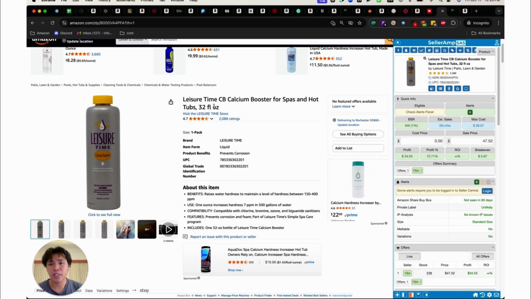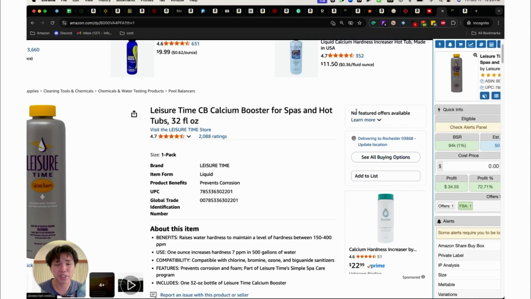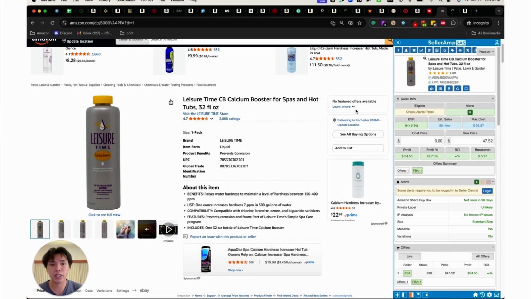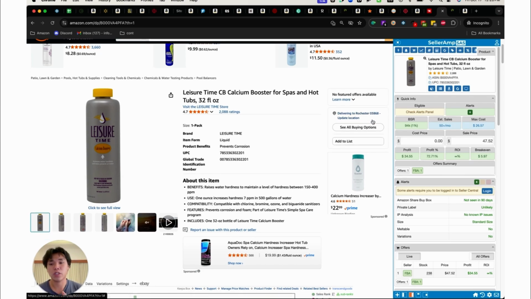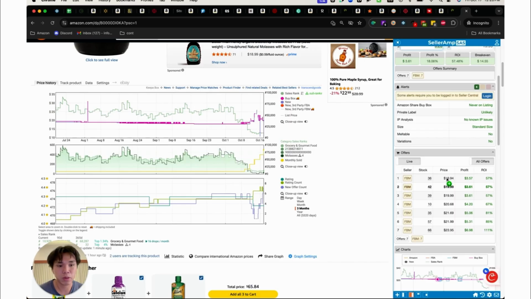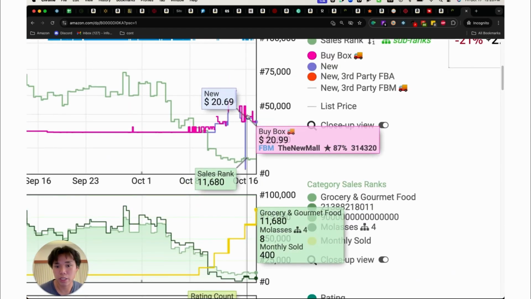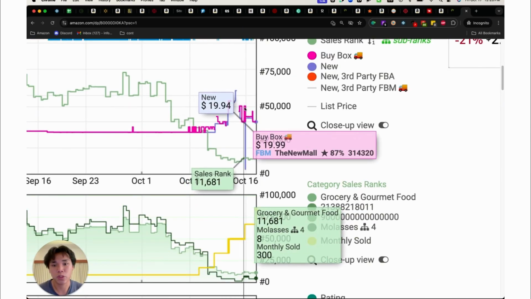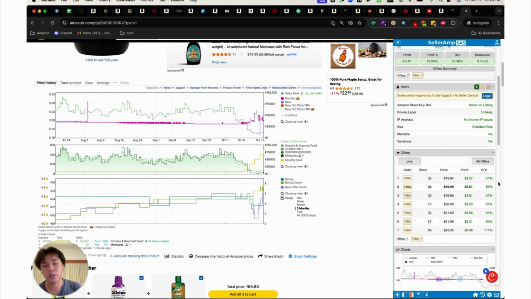We got this Leisure Time CB Calcium. There's no buy box here, so no buy box listings. Don't be afraid of them, but just know that usually if you want to sell on a no buy box listing, you have to match the lowest price. Sometimes on listings with buy box, you can catch sales even if you're not the lowest price, as you can see. There were probably people listed at $19.94, but people are getting the buy box at $20.99, $23,